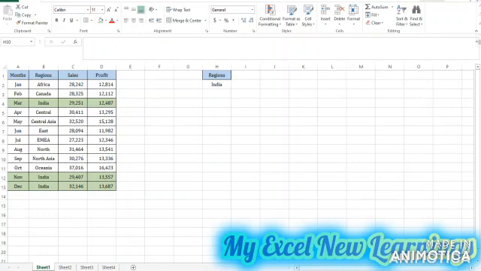Today in this video we will see advanced filter options. Here I have some data and here this is my criteria. So I want to filter the data for region India and I have to copy paste. When we use a basic filter, we have to filter it on the place, then copy and paste the data to the other location. But by using the advanced filter, it will sort out as per your criteria and it will paste to the location where we want. So we will see how the advanced filter will work.